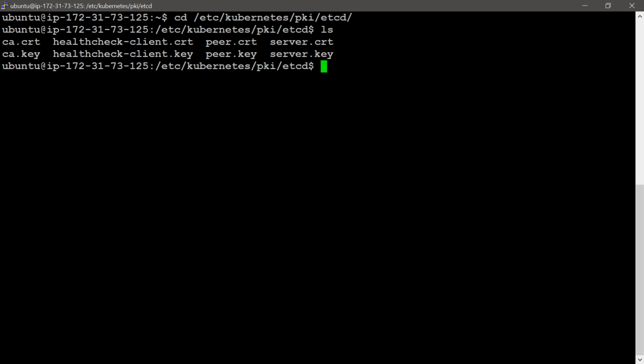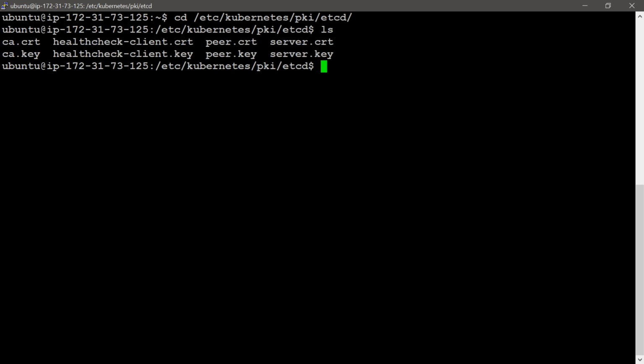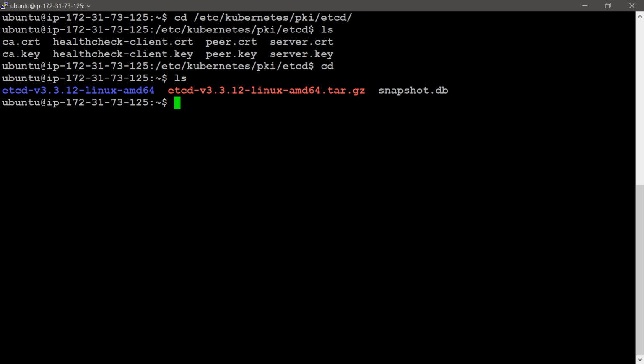Then other dependent keys and other files are available in this directory. Now I'm going back. Snapshot.db is available in our home directory. I am in the home directory now.